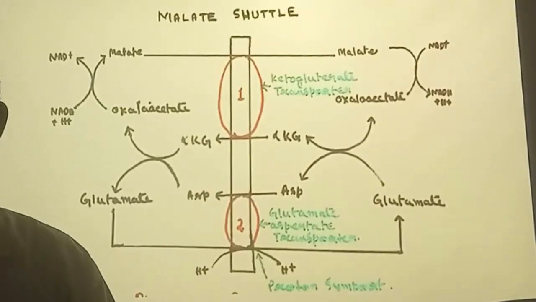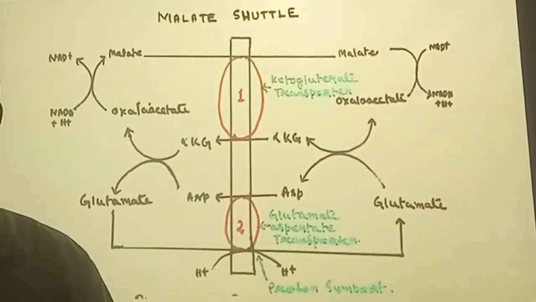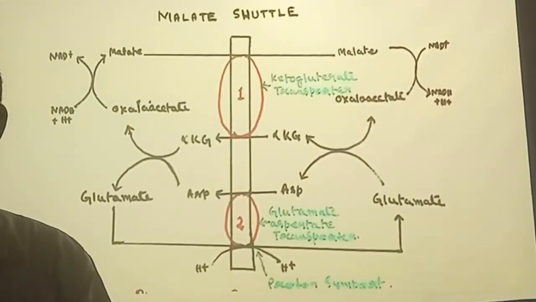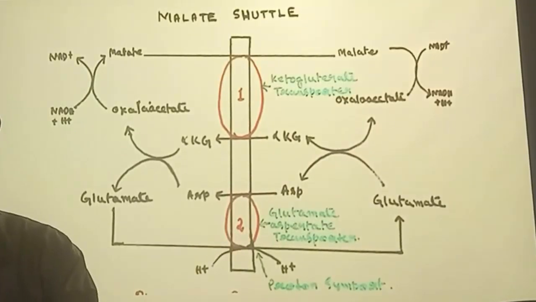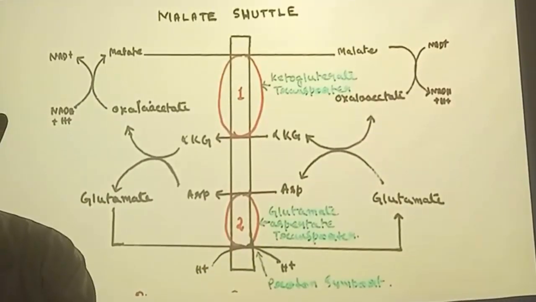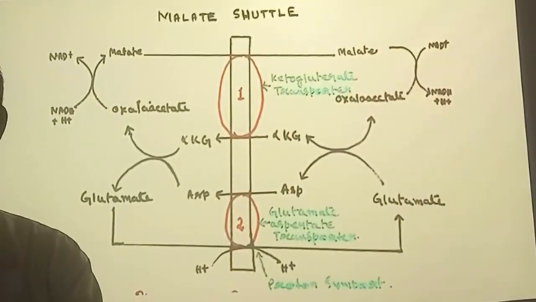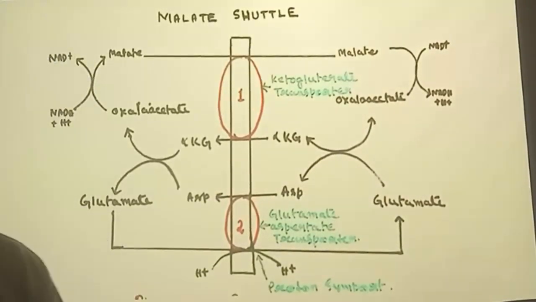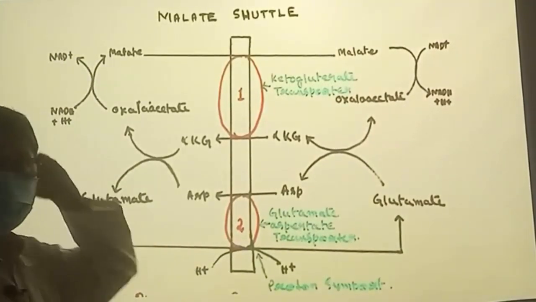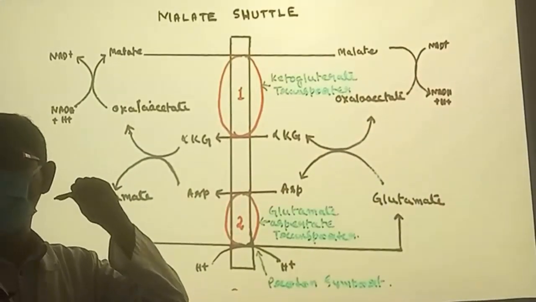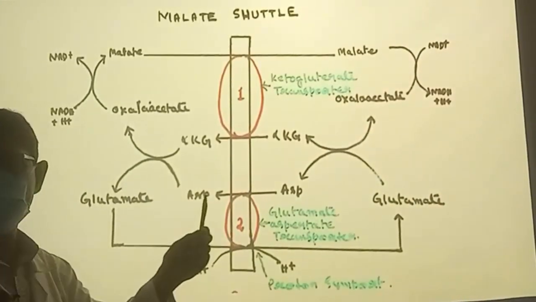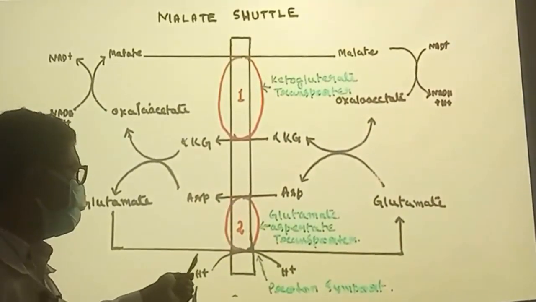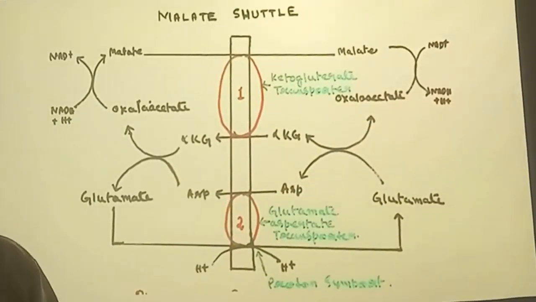Why? Complex 2 to coenzyme Q means one step is less. From complex 1 to coenzyme Q, coenzyme Q to complex 3, and complex 3 to complex 4. These are the 3 steps where ATP is supposed to be generated, but one step is missed whenever they enter through the glycerophosphate shuttle. So these are the minor things which are asked in the examination. So you must remember and practice the shuttle pathways. That is also asked in the examination.